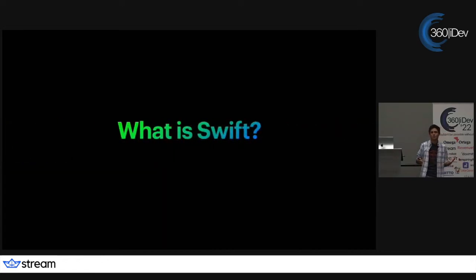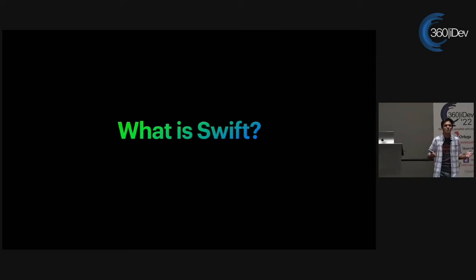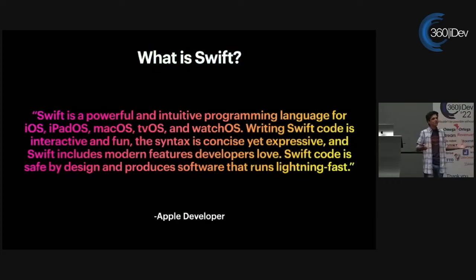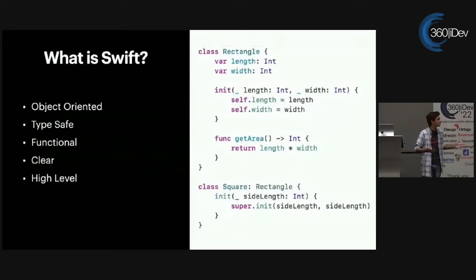So first off, just before we get started, I want to go through what is Swift. Now, I know most of you are going to know this already because, again, you're iOS engineers, but I want to give some context here because, again, this is history for dummies, not history for engineers. So Swift is a powerful and intuitive programming language, blah, blah, blah. Okay, this is just all from Apple. If you want to read this, you can just go ahead. Ready? Go. 5, 4, okay, yeah, you got enough time with this. Better introduction to what Swift is.